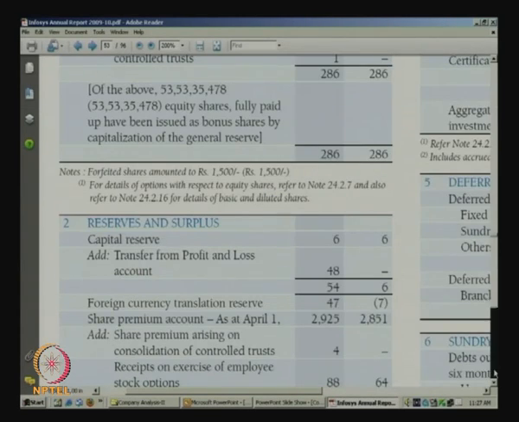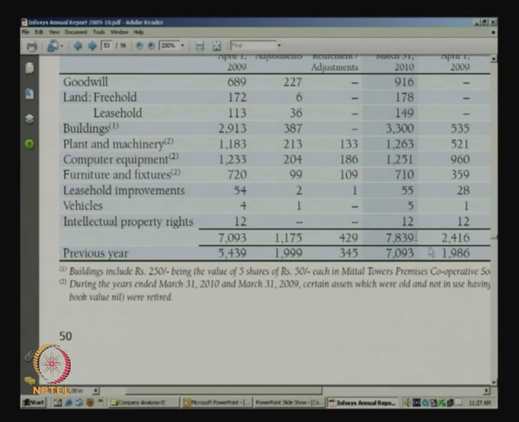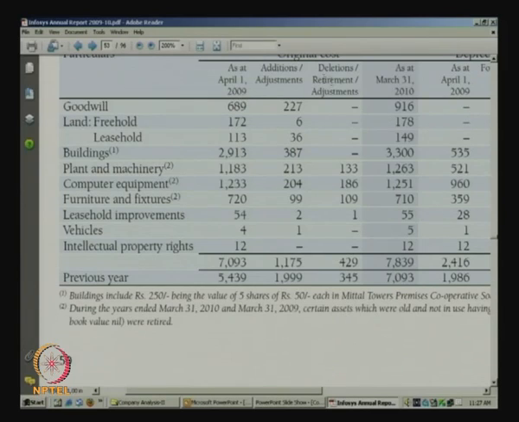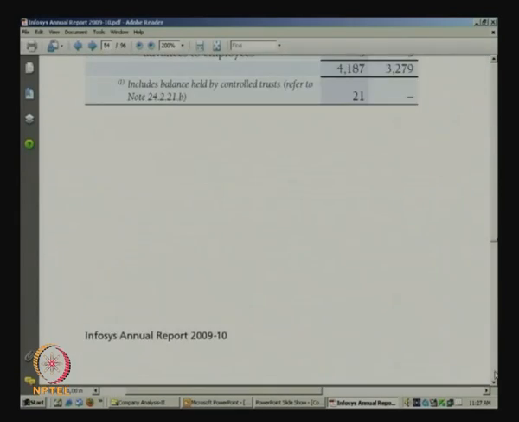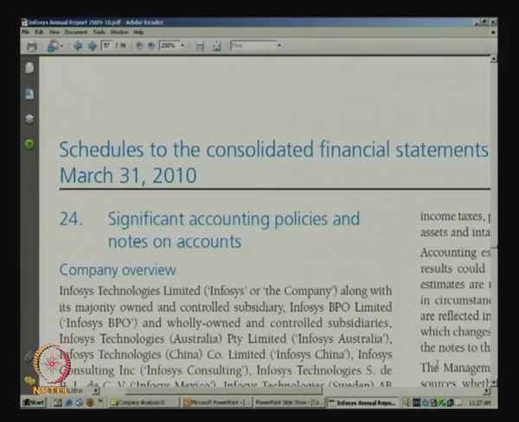So, the explanatory notes are given in terms of schedules, like fixed assets. You can see here the disclosure about the goodwill, building, plant, machinery, computer, what was the previous year's figure, how much has been acquired, how much has been deleted, how much has been impaired, retired, and then the new figures and the accumulated depreciation. All these disclosures are there, and this particular company, Infosys, is supposed to be disclosing a good amount. This is one of the companies in India which discloses a lot as voluntary disclosure. If you prepare an index of that, it is supposed to be higher for this company.